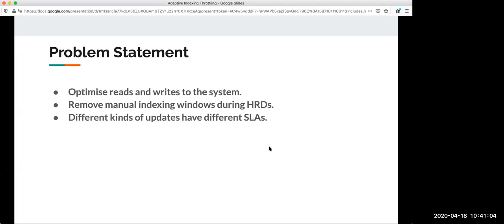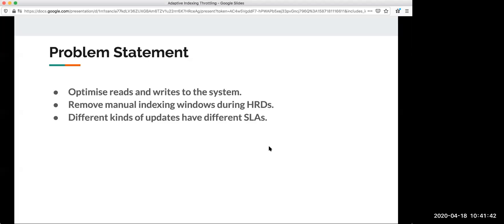So what we used to do before this indexing throttling system was built, we used to create a schedule out of it. We used to say, okay, discount team, these are the 4 hours you have. You should index all your updates in these 4 hours. And then probably we'll give you another slot. Then we would go to the cataloging team and say you have these 2 hours, do all your bulk updates in these 2 hours. And then probably we'll give you another slot if it's required. So it was very manual, we created windows out of the day and gave them to different teams so that we are not bombarded by bulk requests all at once. So this is what we used to do earlier.